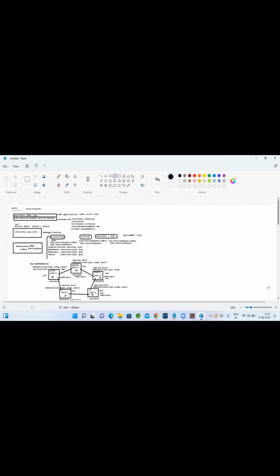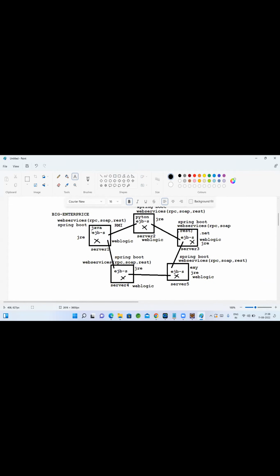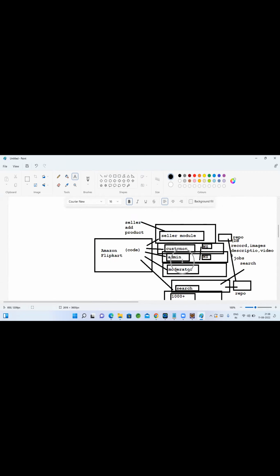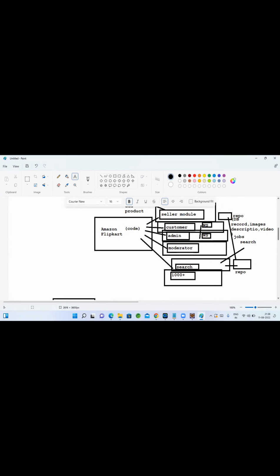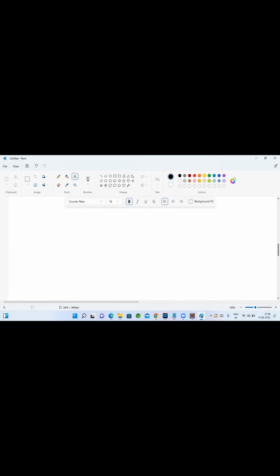With MVC, let me try to explain this. As we thought to start with MVC, we generally write any application. It can be any component of your enterprise application, either seller module, customer module, or admin module, whatever you develop. For developing these modules, everybody generally follows this MVC architecture. Model view controller architecture we follow.